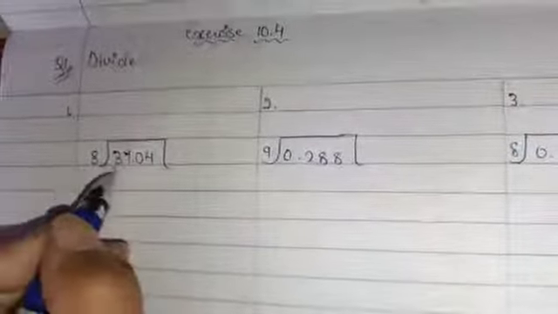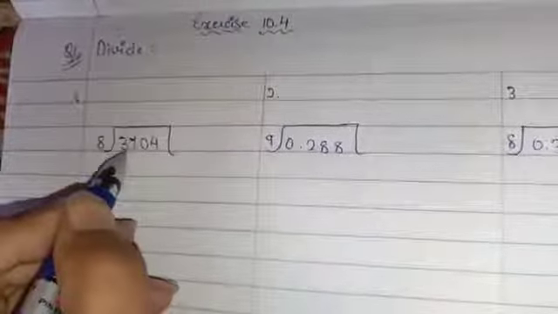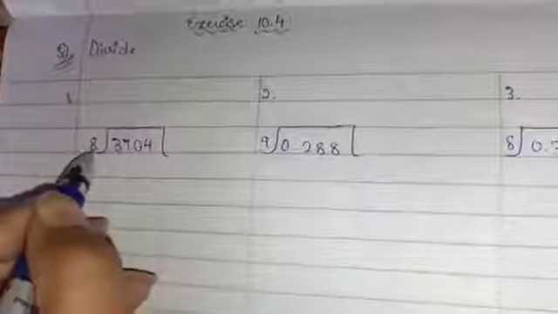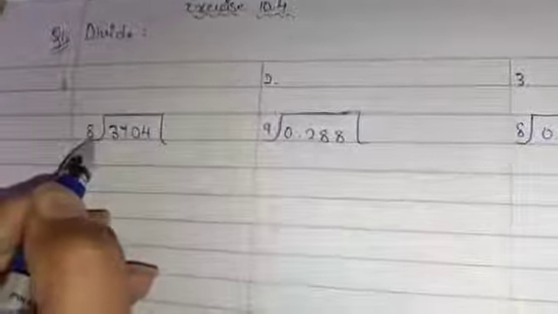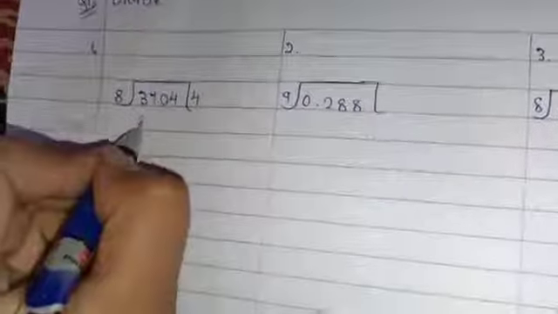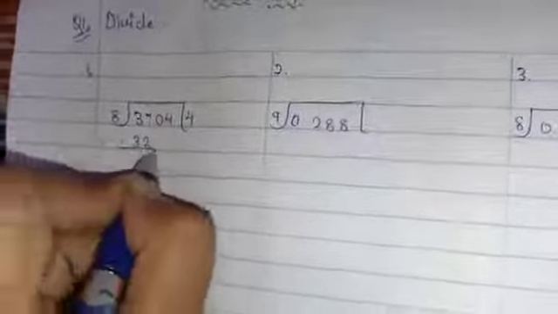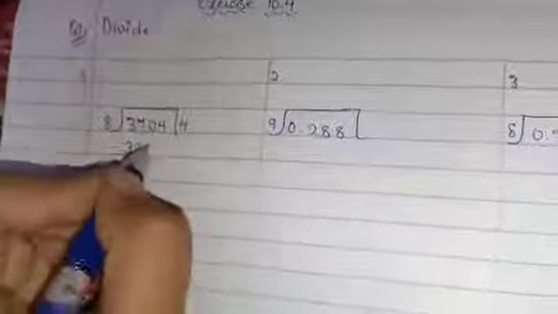Now how are we going to divide? No need to worry, we have to start from the beginning only. First of all you have to see 37, 3 and 7. We are having 2 digits. So does this 37 come in the 8 table? No. So what will come? 8 4s are 32. We will do subtraction. 7 minus 2 will give me 5, 3 minus 3, 0. Now I'll take this 0 down with me.